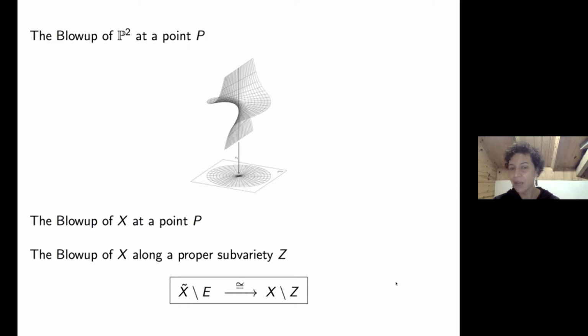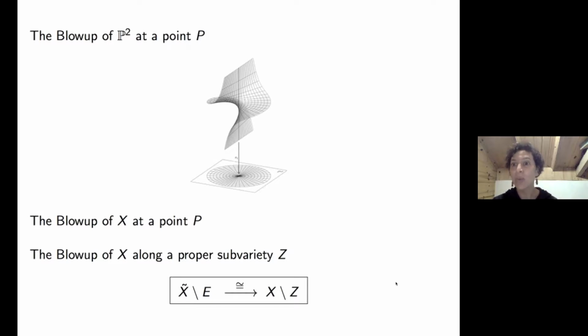Notice that if X, for instance, is a curve and I blow up one point, I don't change the variety because I replace the point by the unique tangent direction at that point. So when you blow up points in curves, you don't see anything. The blow up is just an identity. So it becomes a non-trivial morphism only in higher dimensions.